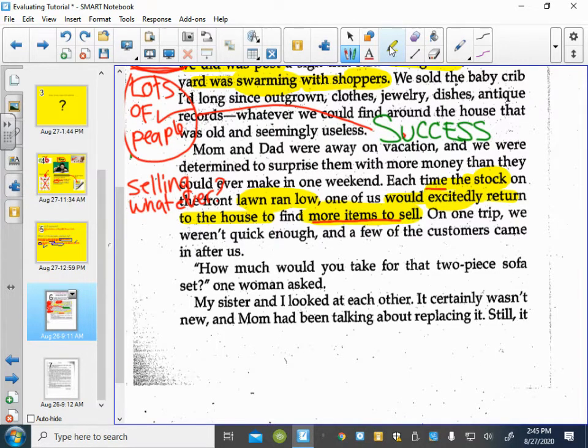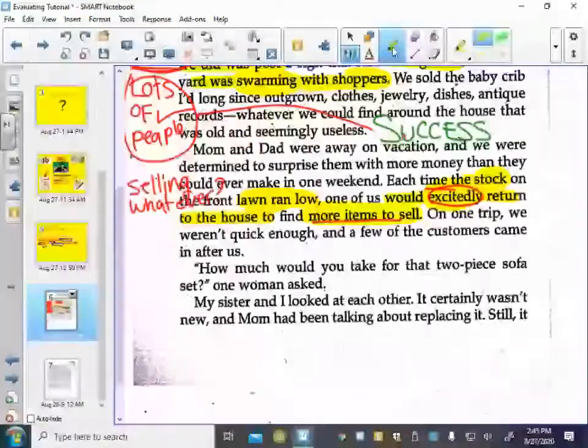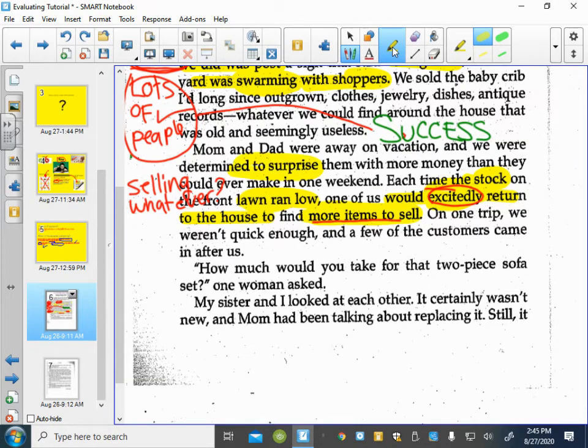They're excited, so they're not worried. And the other fact here is that the main reason they're doing this yard sale is to surprise their parents. So, with more money, they're on vacation. So I'm making more connections here.